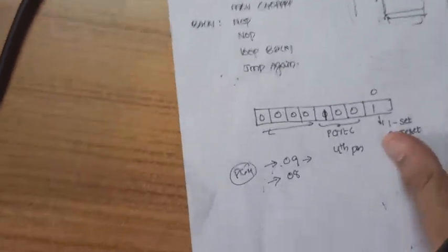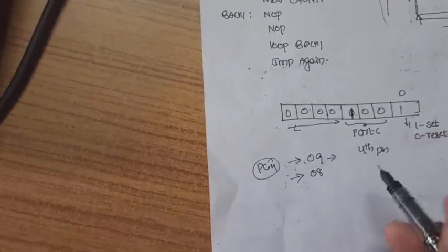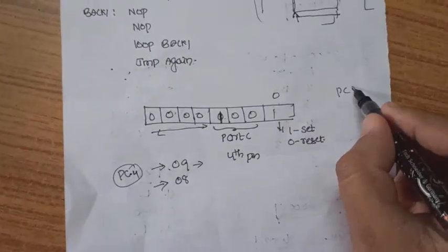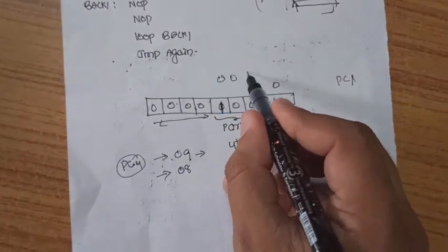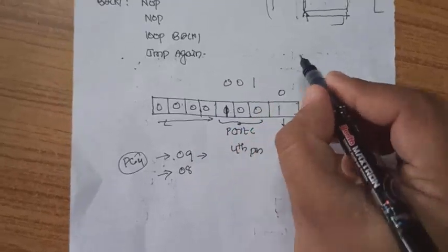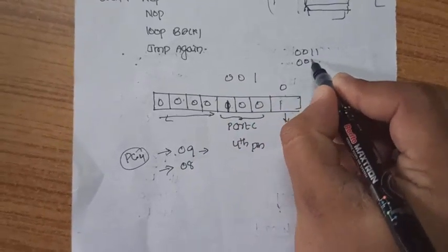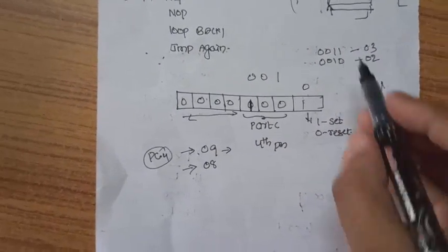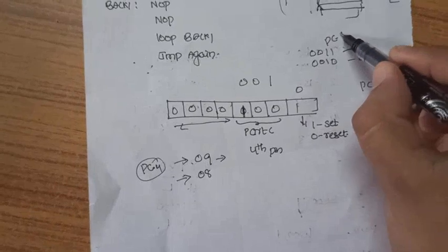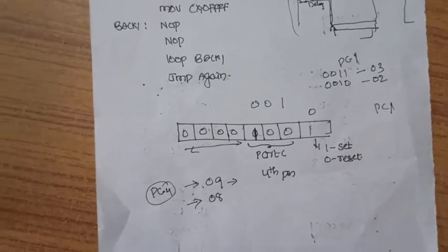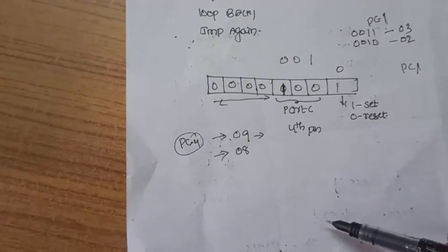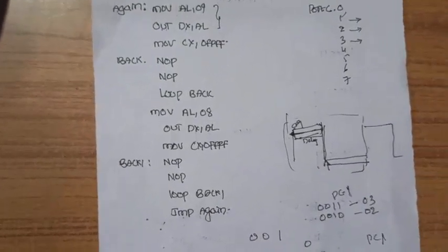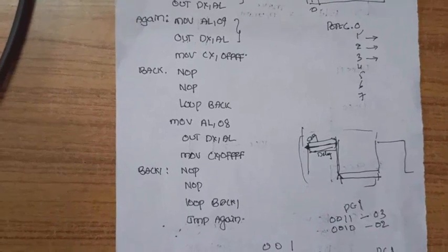Hope you understand. If you want to change any pins, for example, if you want to set PC1, then these 3 bits should be 001, so for setting it is 0011 and for resetting 0010. You can use 03 and 02 for setting and resetting port C first bit, PC1. Likewise, any combination of bits you can select, and that particular bit can be set or reset using BSR mode, and from those pins only we are going to observe the output waveform.